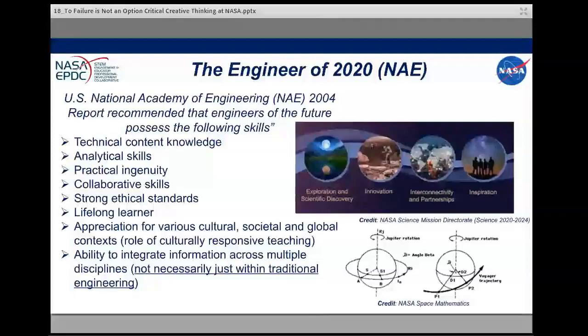My original dissertation advisor was actually working on some research with the National Academies of Engineering, and this is how I'm aware of this particular report. But back in 2004, the National Academy of Engineering here in the United States got together and did a thought experiment. They asked themselves, in about 20 years from now, what types of skills are those engineers going to need